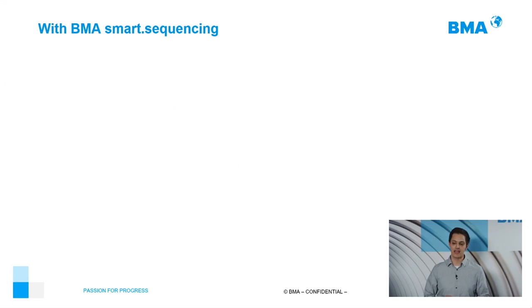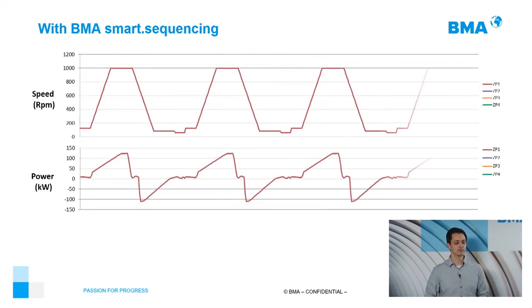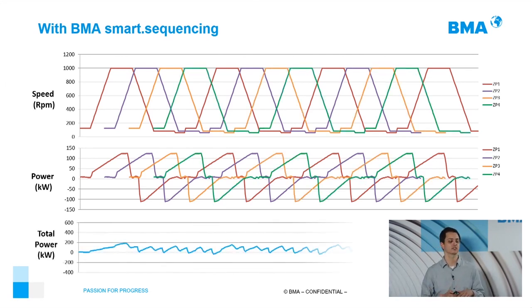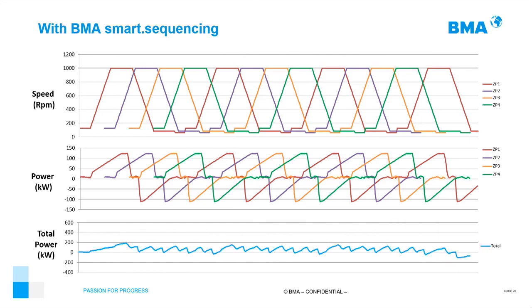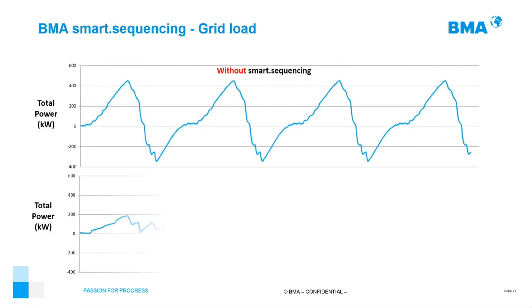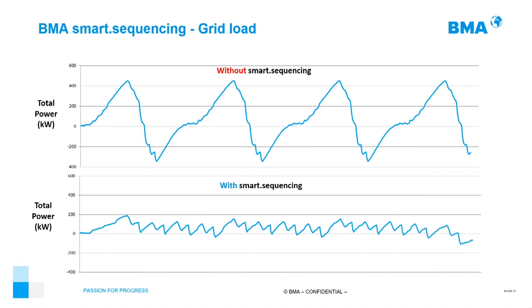And what's happening when we have the BMA smart sequencing? The BMA smart sequencing will again balance this and make one centrifuge start and accelerate after the other. And at the end, what you see in the power grid is that the powers are much smaller and the peaks are almost nothing compared to what was before. So we can see again, with both graphs in the same scale, the difference in the power. And this is really important today when we want more energy-friendly factories, that we are using this kind of solutions.